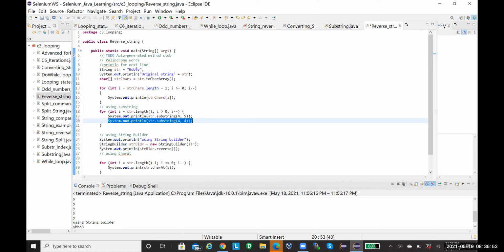This won't be 4, 4, it will be 3, 4. The length of the string, right? If you say 0th position to first position, you will get B. If you say first position to second position, you will get O. This is 3, 4.